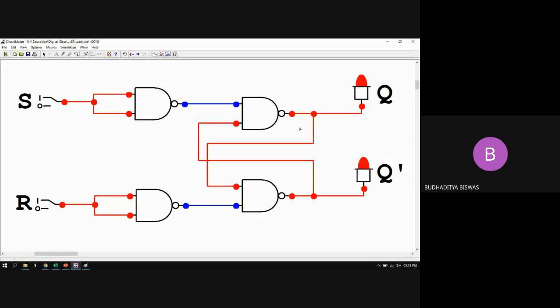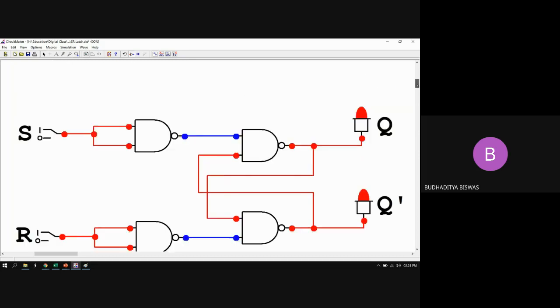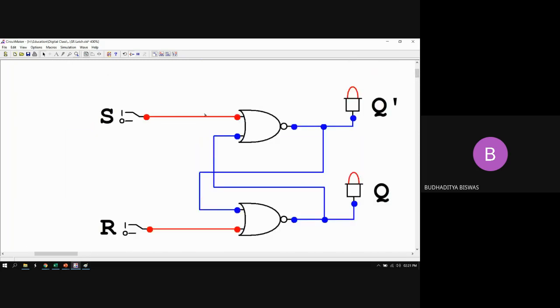Here, as you see the component inside, this is not the IC, this is the circuit. In this circuit, you can clearly see that this is implemented using the NAND gate, and that circuit is implemented using the NOR gate. So you can easily understand that if I give both S and R the same input, then either it comes 1 simultaneously in the case of the NAND gate, or it comes 0 simultaneously in the case of the NOR gate. But if you don't know what type of gate is used to implement the RS flip-flop inside the IC, then it is not possible. That's why it is called indeterminate.